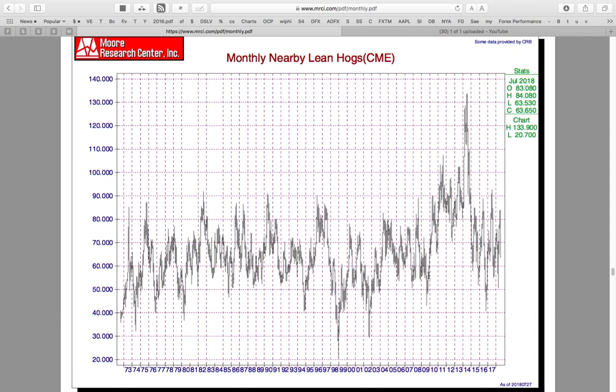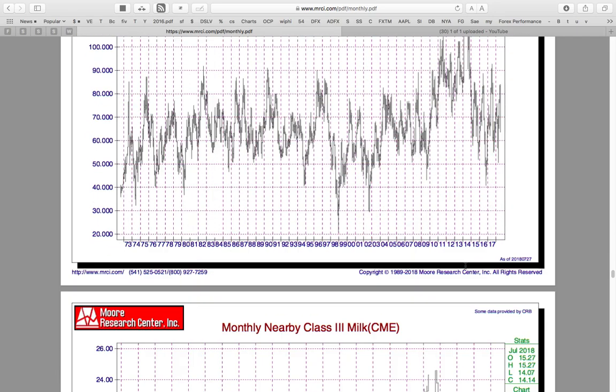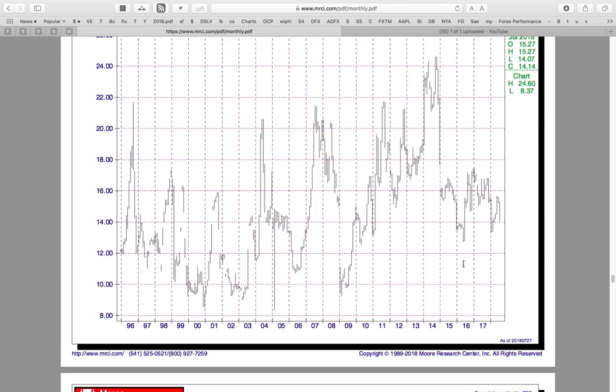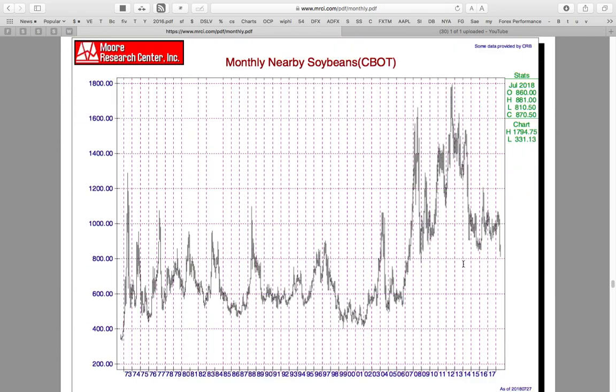All right, I want to see where hogs are. Hogs came off. Safeway and Albertsons were offering racks of baby backs for $5, and I was kind of shocked that was maybe the loss leader. I don't follow the individual commodities or a certain sector and stuff. I can just look at a chart and go, okay, here's where we're at. It's headed lower, things of that nature. Soybeans,